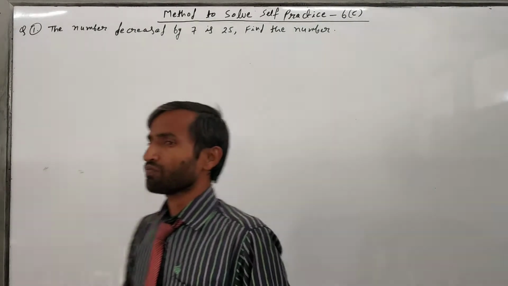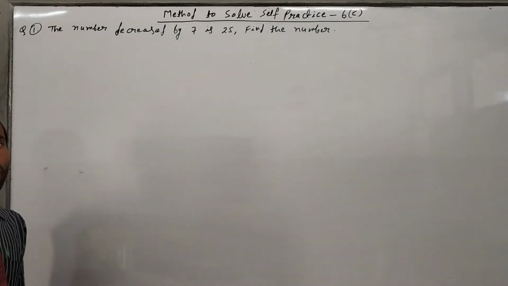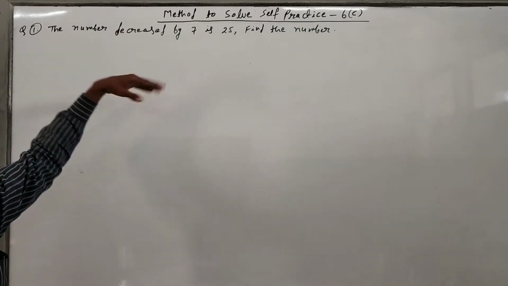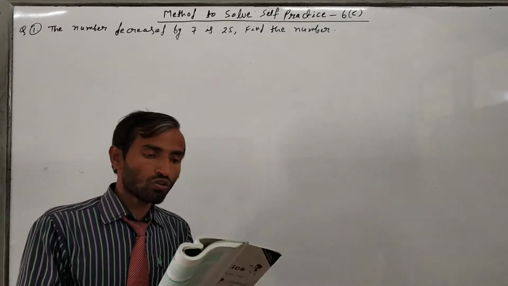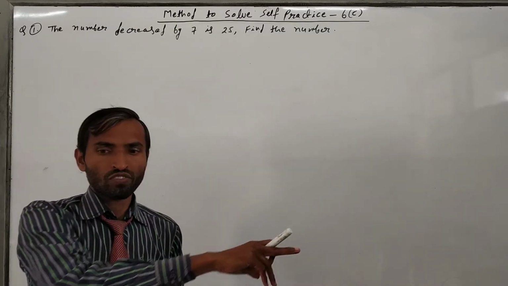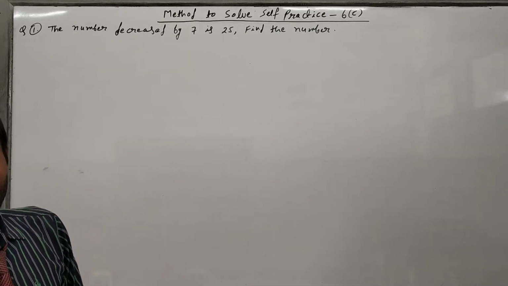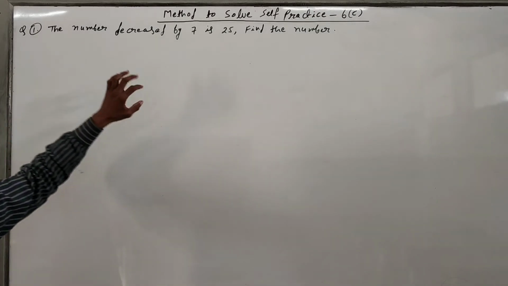Okay, so just you see here. In the first question, I have written the first question on the board. The next questions I will not write. Just read the question from the book. I will also read and explain, and then I will make the linear equation. Because writing every question on the board is not possible, since it is a word problem.